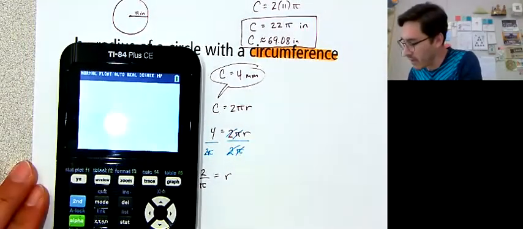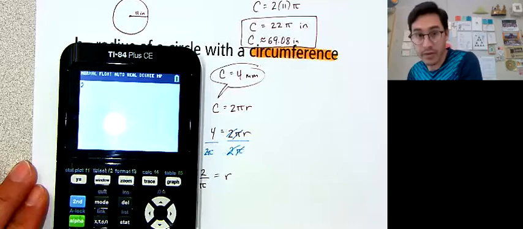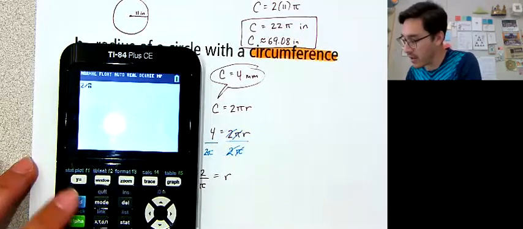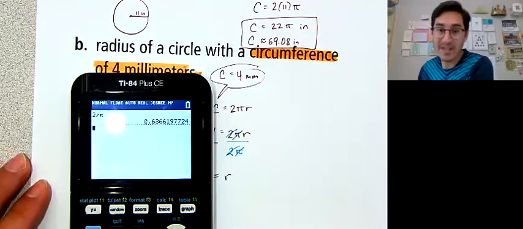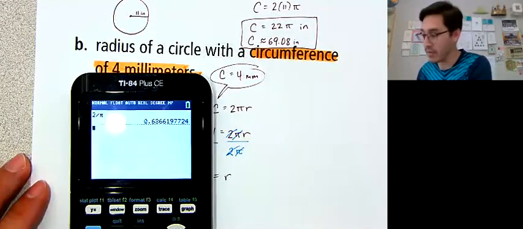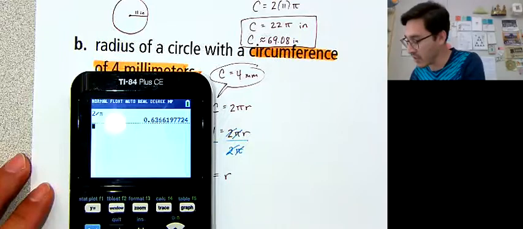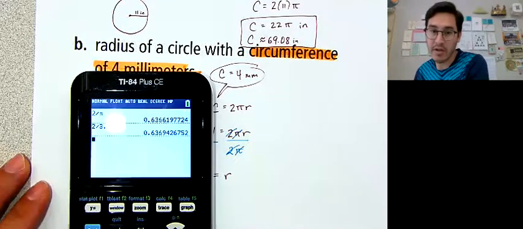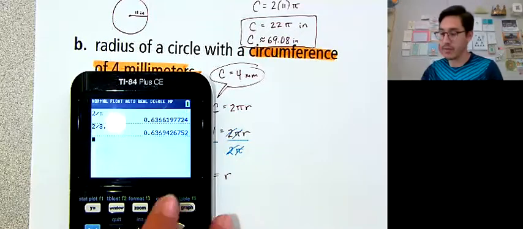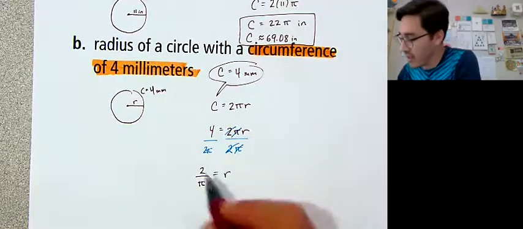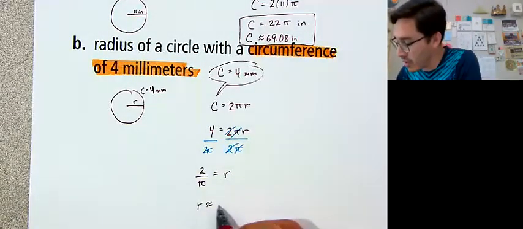So I finally found where pi was on my calculator. So we're going to do 2 divided by pi, which is about 0.64 millimeters. Now if I just use 3.14 instead of pi, you get more or less the same thing, about 0.64 millimeters. And so our radius is approximately 0.64